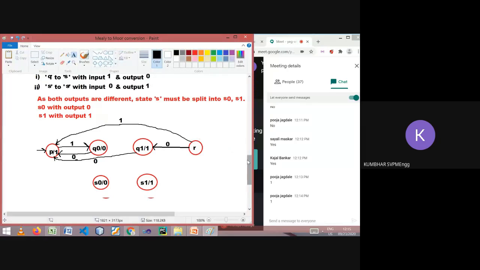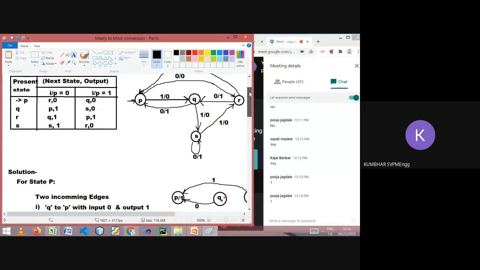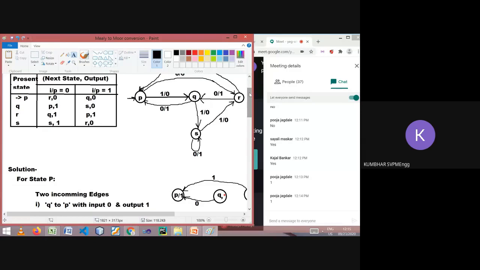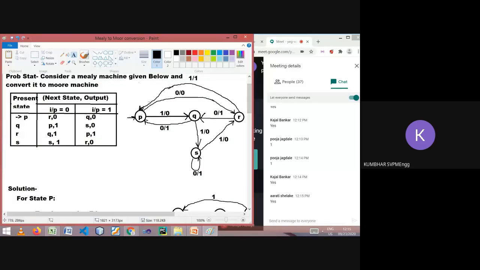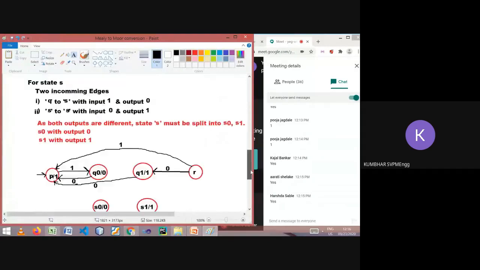For P and Q, we have shown the transitions properly. Shall we move to R? For R, one incoming edge is coming from P and one from Q. Let's note down the incoming edge from P: input 0, output 0. So it will expect R0, the R state giving output 0.